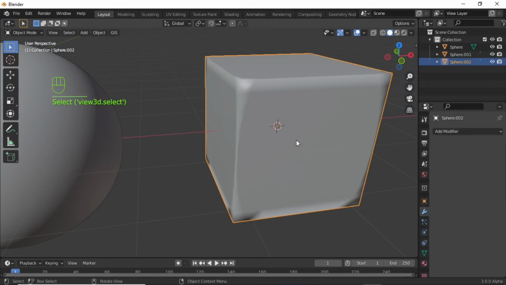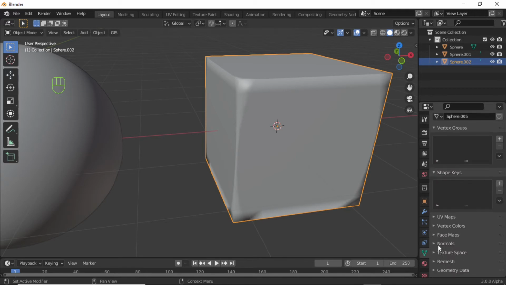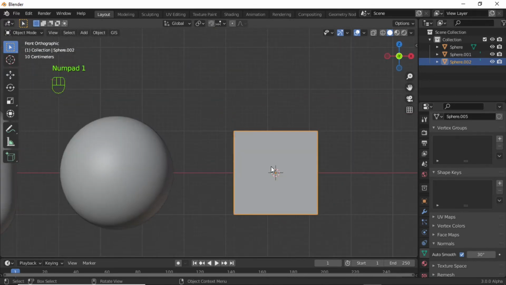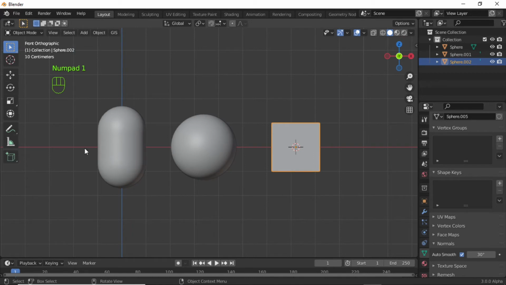So select this. Then click on this object data properties. Then expand this normals and enable here auto smooth. Now we have this nice cube. Now select this cube, then holding Shift, just select like this.